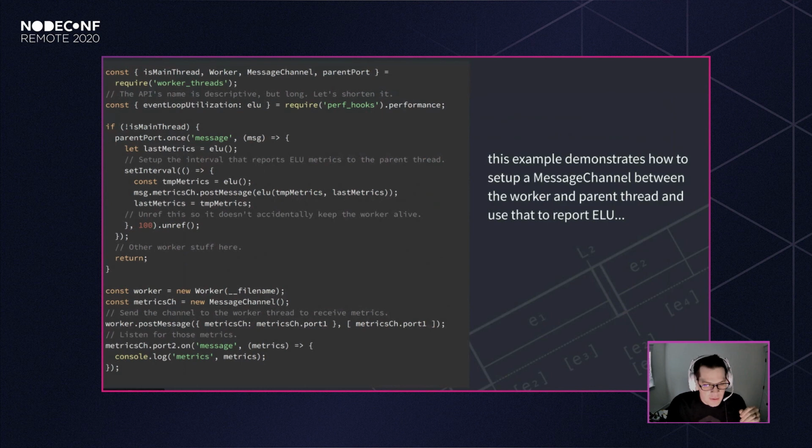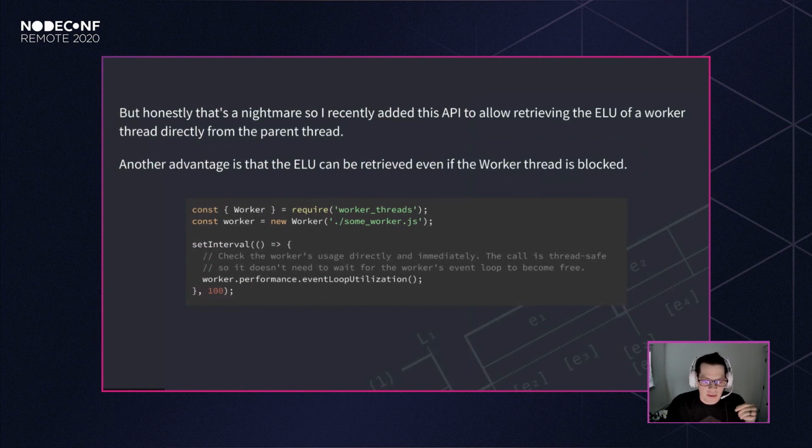Now, this example demonstrates how to use a message channel between two worker threads, a worker thread and the parent thread, to send the ELU from the worker thread to the parent thread. And it's a total mess. So to get around that, I added this API recently to the worker API,